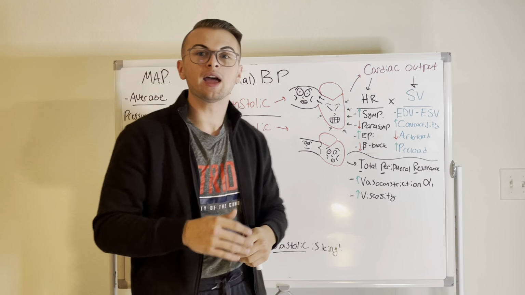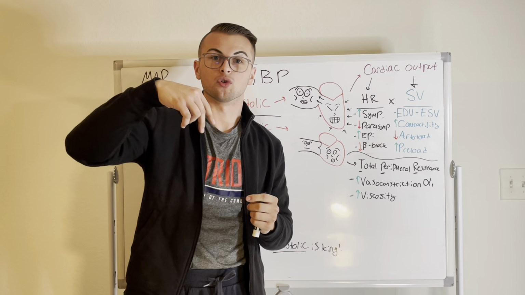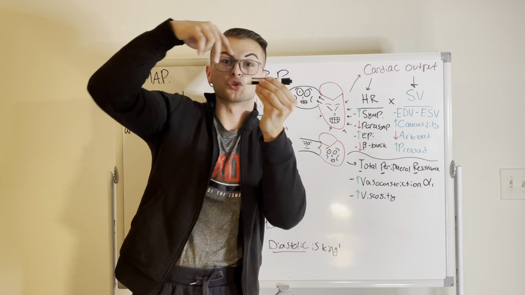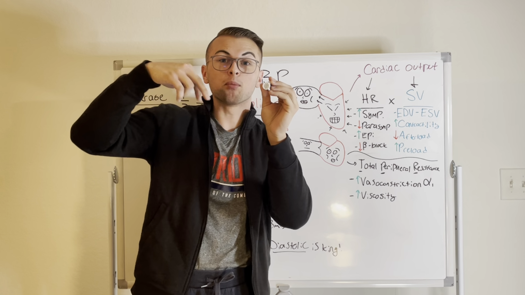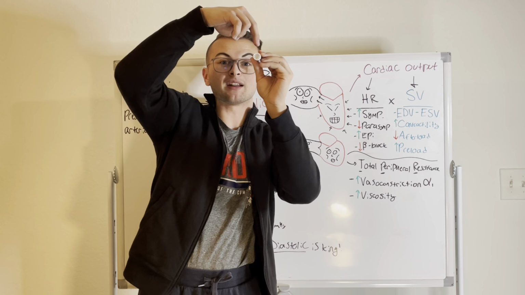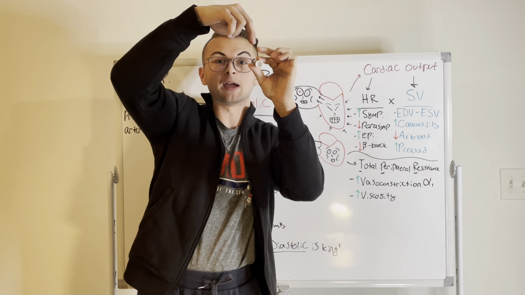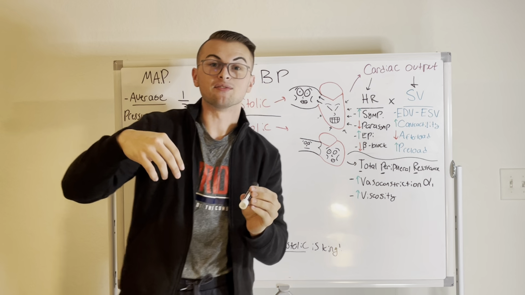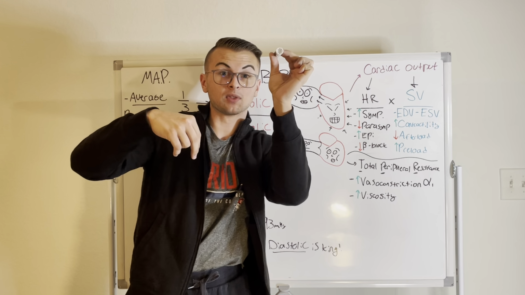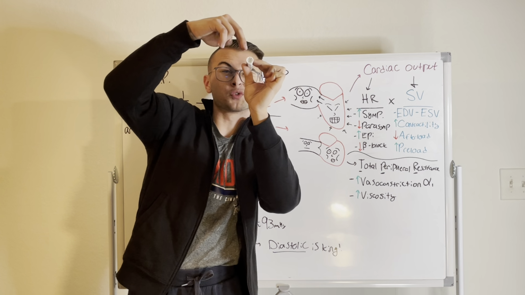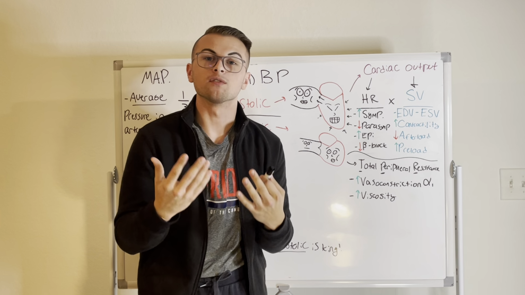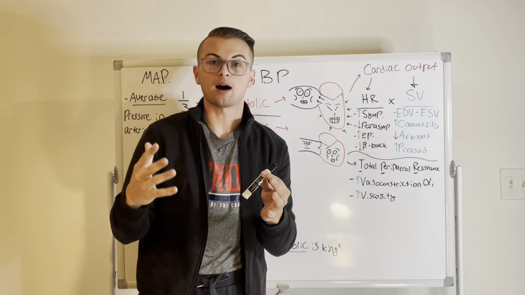That ventricle has to squeeze harder than the aortic pressure to eject that blood. So imagine a pole vaulter as our ventricle. The afterload is like a bar that our pole vault ventricle must jump over. If our pole vaulter has to jump really, really high, then that pole vaulter might not have much extra room between him and the bar. In other words, if our afterload, the aortic pressure, is really, really high, then the ventricle will not be able to squeeze out a lot of blood because it can only generate so much pressure. Our ventricle can only jump so high.